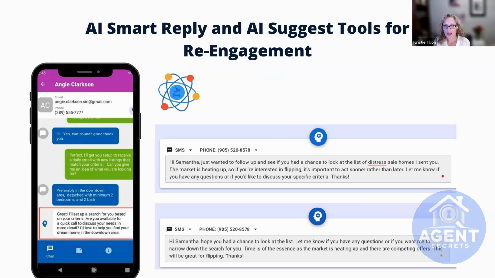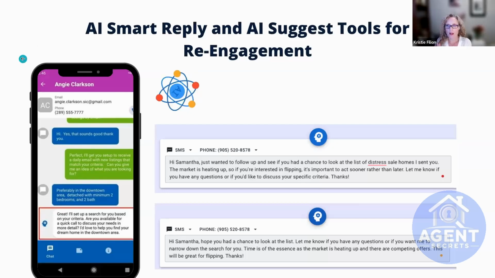One of the big issues that we have these days is managing our conversations. Just like everything else, of course, AI is here to take over those conversations and make sure that they are continuing. Our AI lead qualifier, just to explain what it does: when a new lead comes in, the AI lead qualifier will automatically respond to your lead. And then when your lead responds to the AI, it will continue on that conversation.